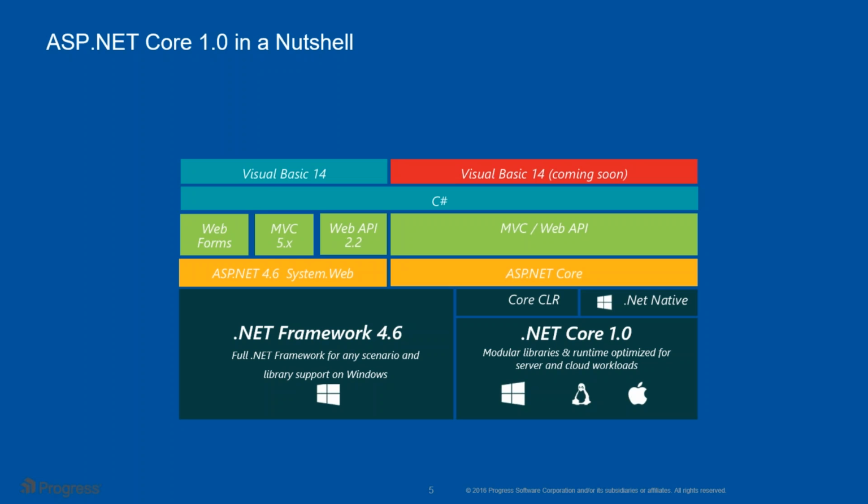So what is the speciality of this? Well, it is still modular. It contains almost the same libraries, but the runtime is optimized for server and cloud workloads, meaning I want to host a web application on Azure or on AWS, or whatever. So now this particular .NET Core framework is more optimized than your compatriot, the .NET Framework 4.6, and this is suited for cloud workloads, meaning I want to put it on the cloud, and in the cloud,